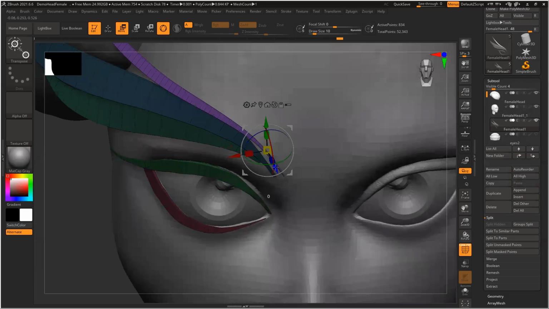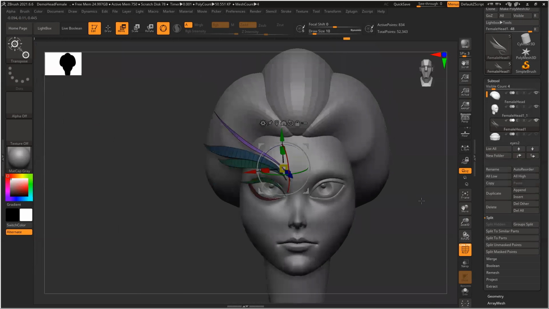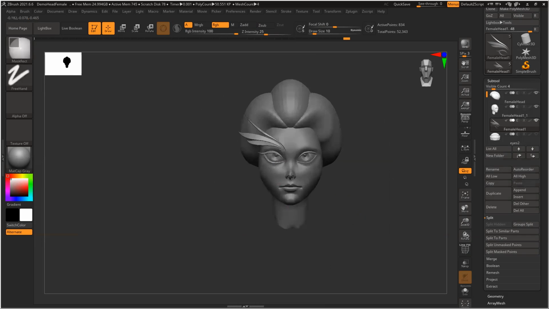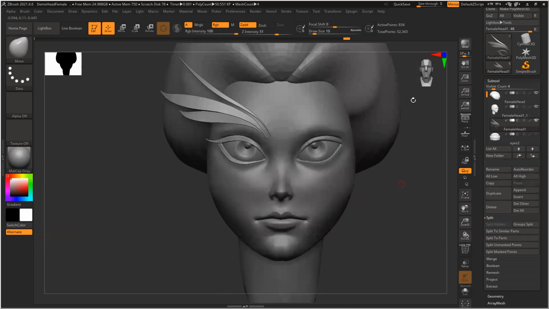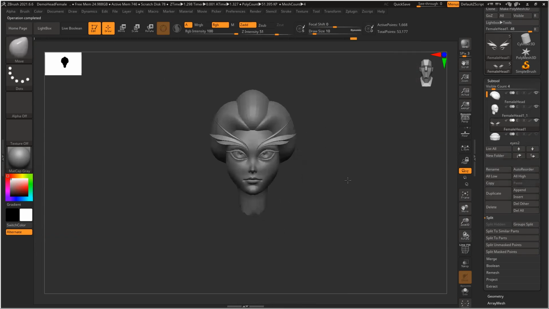Yeah, from here. So you can see the basic structure. Now this thing, I can symmetry this thing, mirror, mirror. It makes my life way easier.